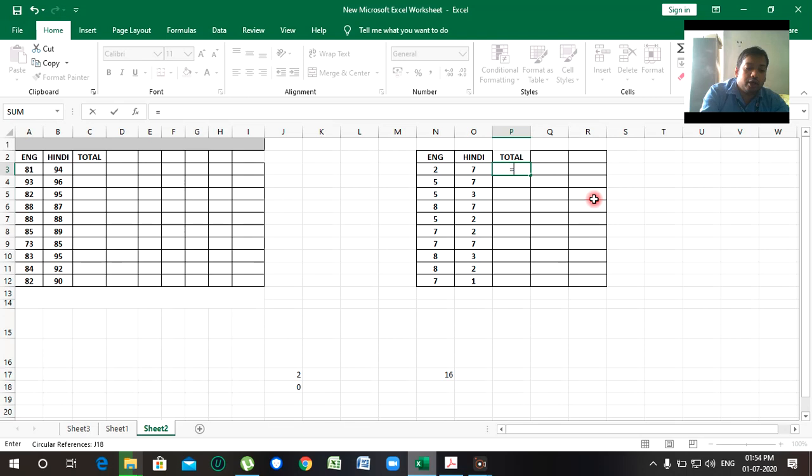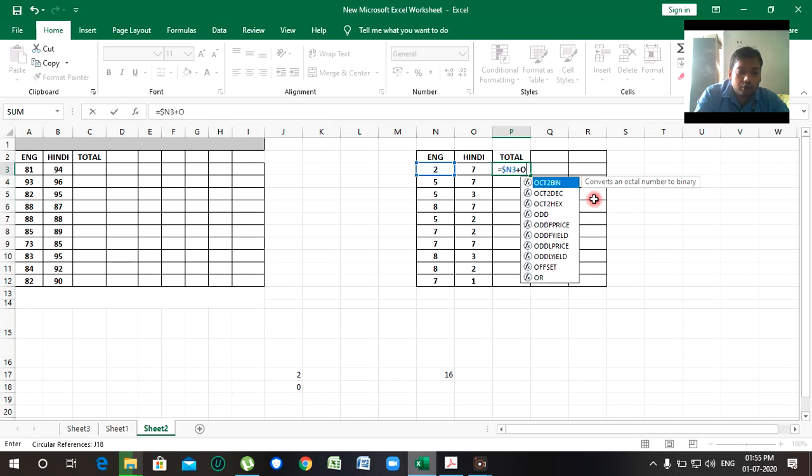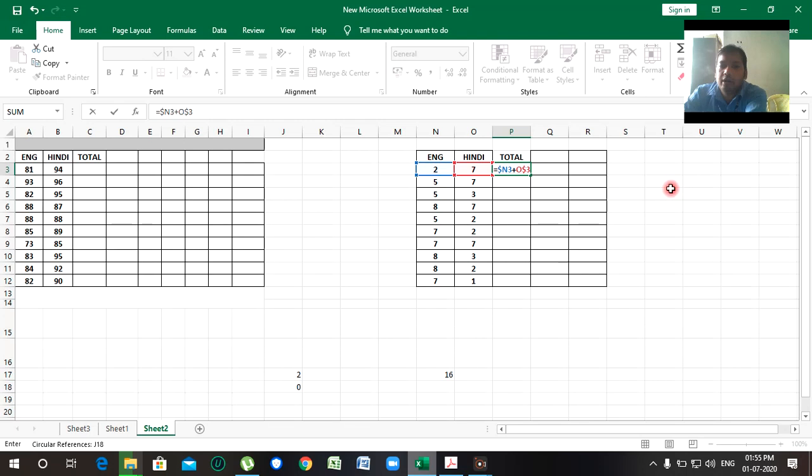Type equal, $N3, plus O$3. Now see here, in the first I have fixed the column, in the second I have fixed the row.